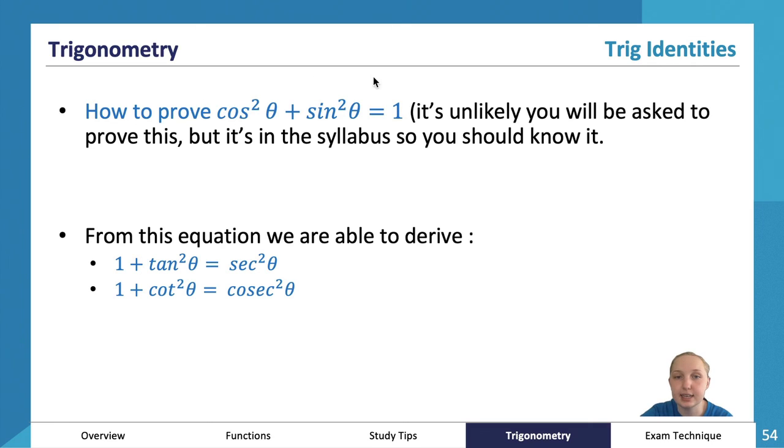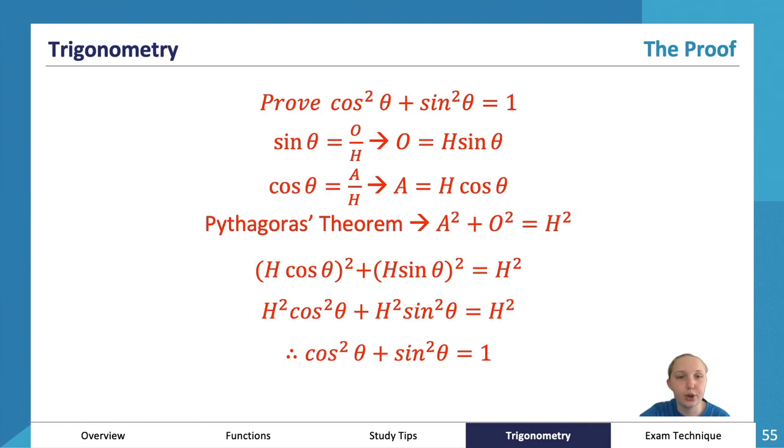Now, this identity here is on your formula sheet. These two are not, so you do have to know them. And they are super, super, super important to know for when you get questions about trig identities. So we'll have a look at some of those example questions in a little bit, but just knowing that they're there for now is enough. So to prove it,